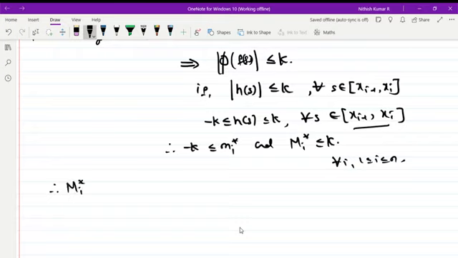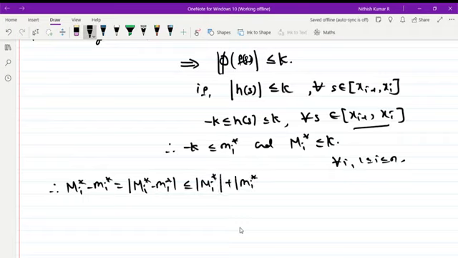Therefore consider M_i* minus m_i*, which is nothing but the modulus of capital M_i* minus small m_i*, which is less than or equal to mod capital M_i* plus mod small m_i*, which is less than or equal to 2K, because capital M_i* and small m_i* are the supremum and infimum of h. But what is K? K is the supremum of h. Now